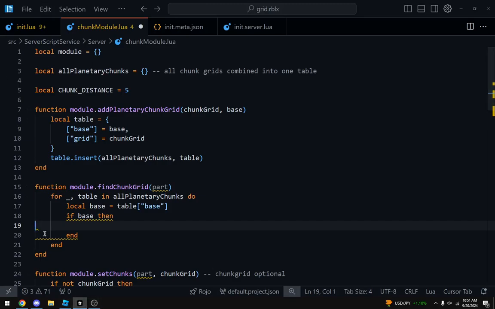Tab. I'm pressing the tab key. Hey, VS Code, I'm spamming. Okay, there we go. Finally.